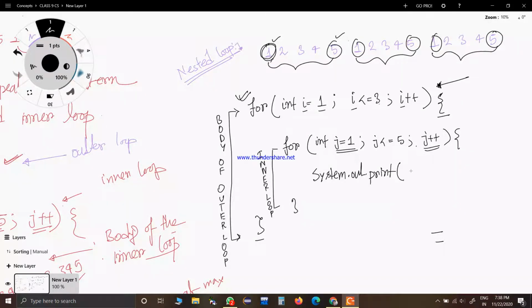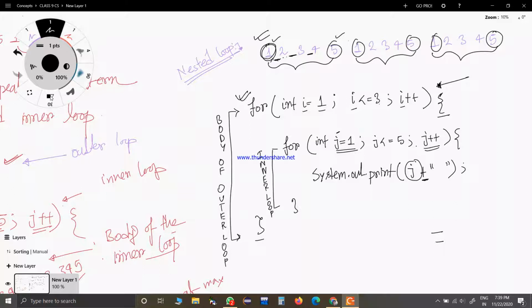So I do not write println here. I write only print. And in the print statement, I have to print this j, because each and every time the j will increase, and I have to print that. So j along with what? Along with a space, right? Because there is a space also for each number. So j plus a space you can give here. This is basically concatenation. So first whatever the value of j will be printed, and after that a space will be printed. So this is the whole program for printing this pattern.